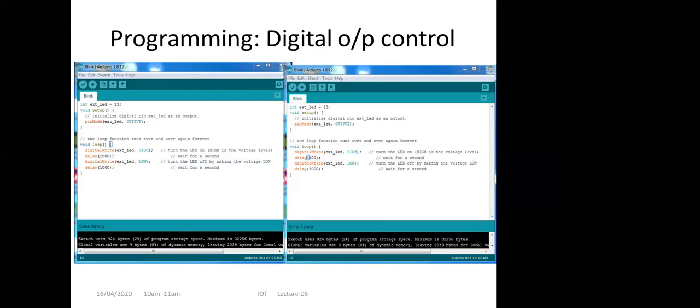How to change that? External LED means you have to connect it somewhere, on your pins. So how many pins are available for us? There are 6 analog pins and 14 digital pins available. But we cannot connect our LED to an analog pin. Is it or not? We have to connect it to digital, because LED on and off means only two things, binary, either 0 or 5 volts. Is it or not?